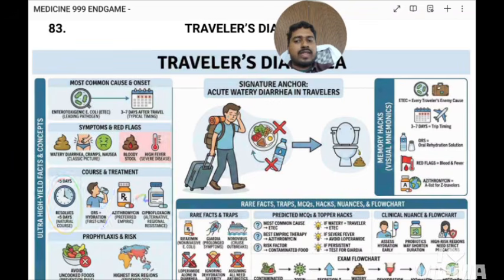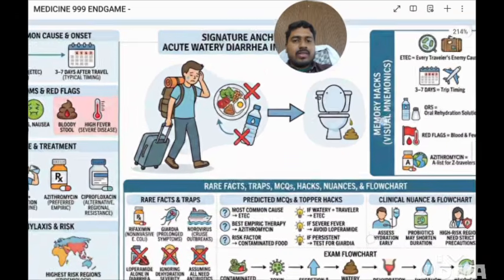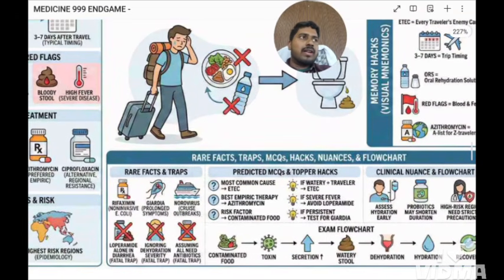ORS plus hydration is the first line of choice, and if you have to start anything, then it is azithromycin, and the alternative is ciprofloxacin. So avoid uncooked foods. Okay, and it is higher in third world countries. This typically occurs in people who are coming from developed countries into developing countries because of the change in hygiene and the change in microbiome structure. That's why these changes occur. So rifaximin is used in case of non-invasive E. coli infection,